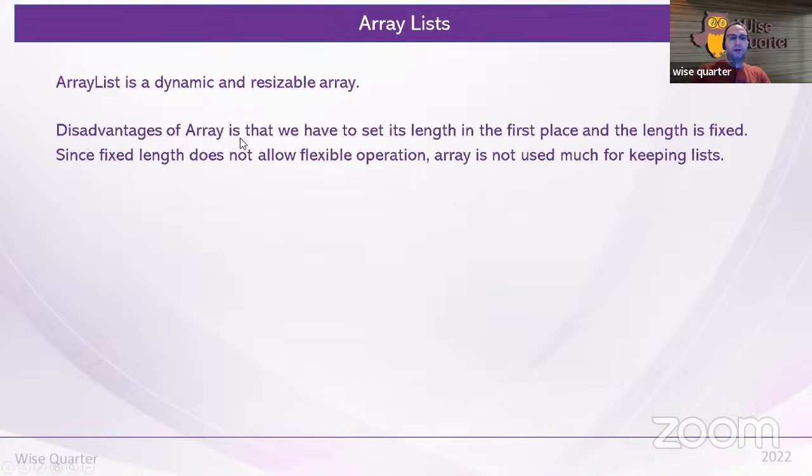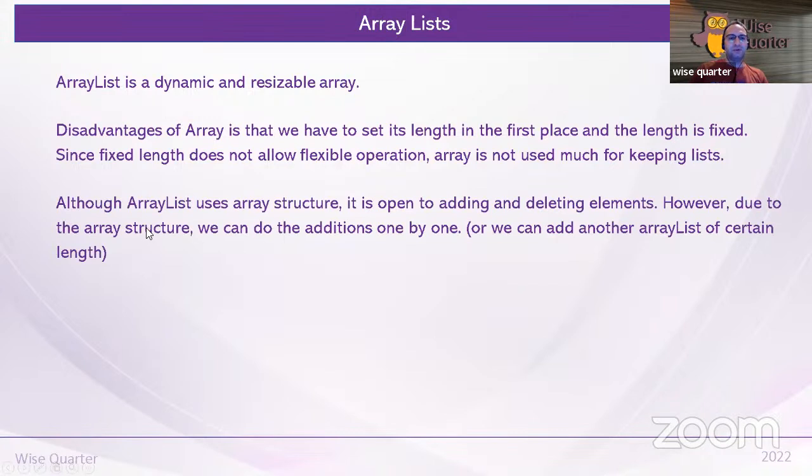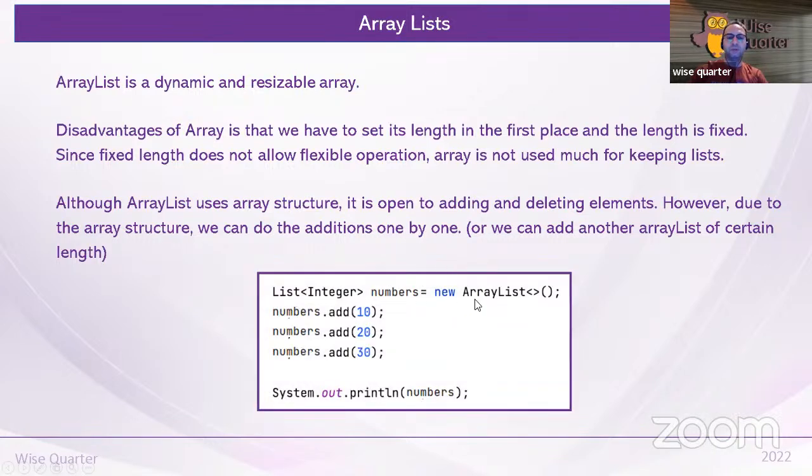Yes, disadvantages of array. You know, we have to set the length when we are creating it. I don't want that. I don't know how many products I will have in the market. Why do I need to set a length for that? If that's the question in your mind, you should not use arrays. Instead, we can use array list structure. Now we can directly add elements without setting any length when we are creating it. It will start with 0 elements, and we can add infinite elements. Here, how we create